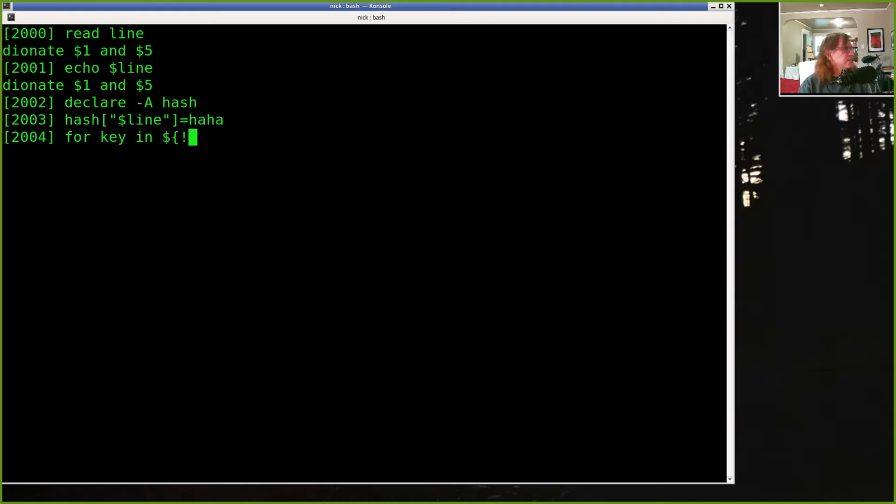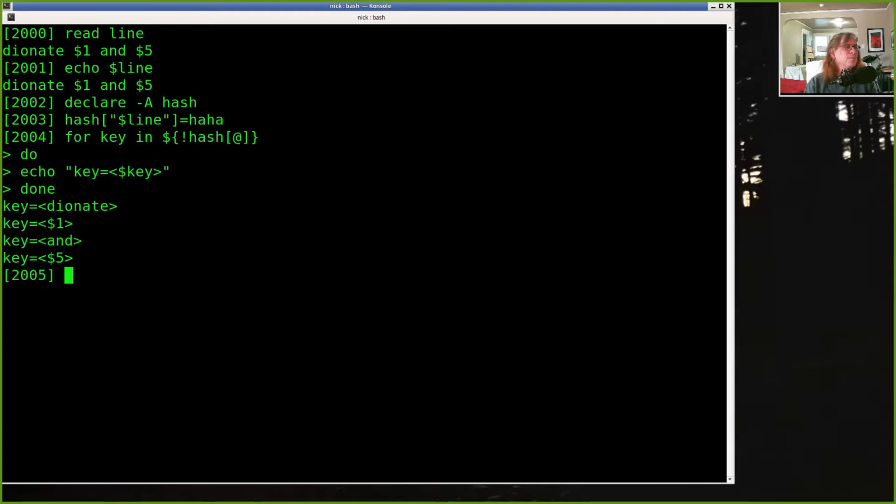So that's what the exclamation mark does. So let's go hash bracket at. This is a key. So the key is equal to